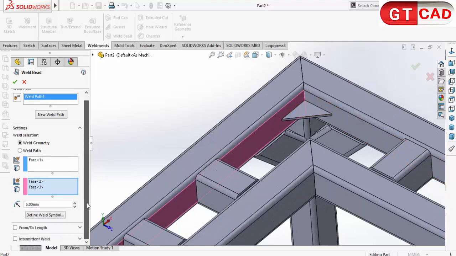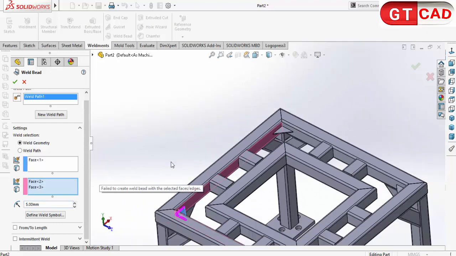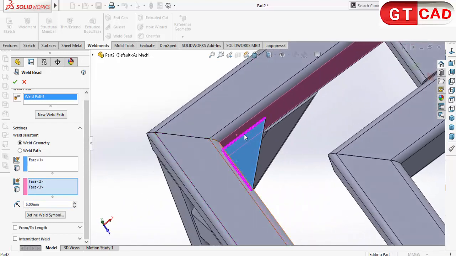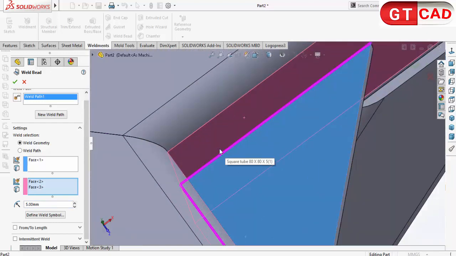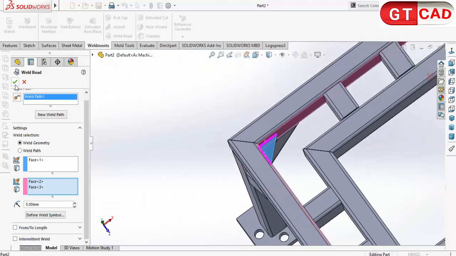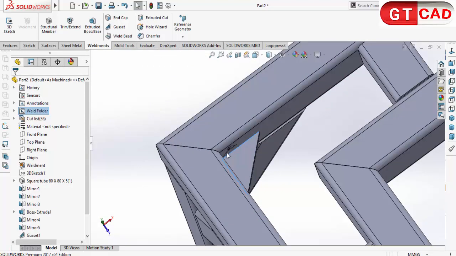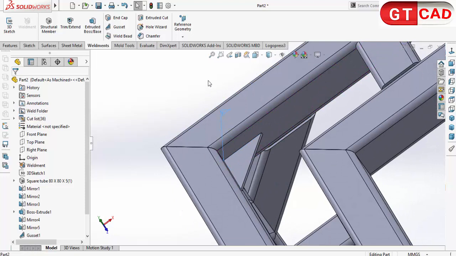Okay, it's 5 millimeters. Here is the gap. It's 5 millimeters. When you click okay, it shows you the symbol is 5. It makes a rectangular bead on the vertical